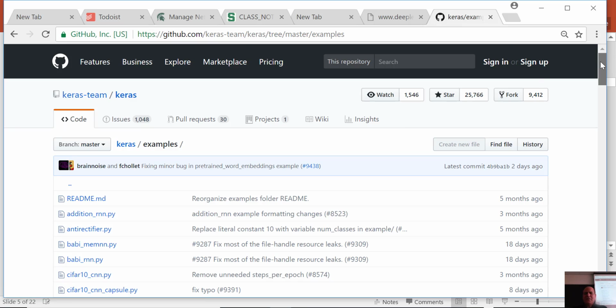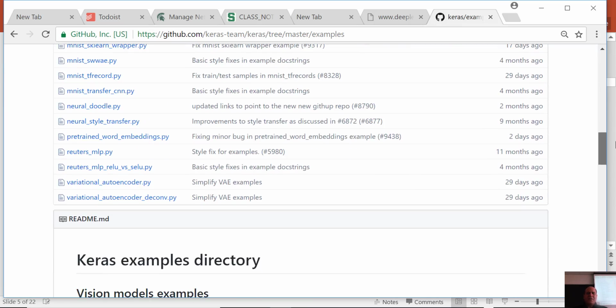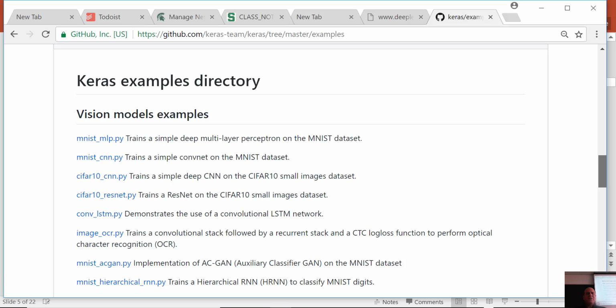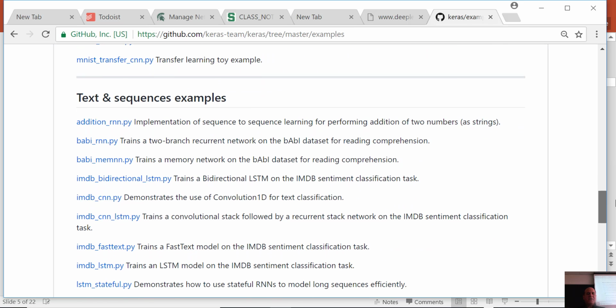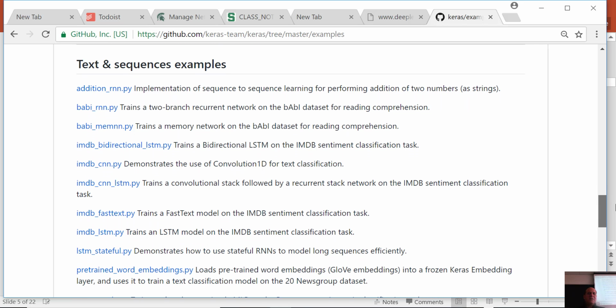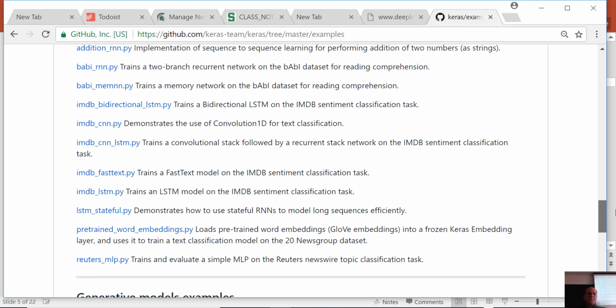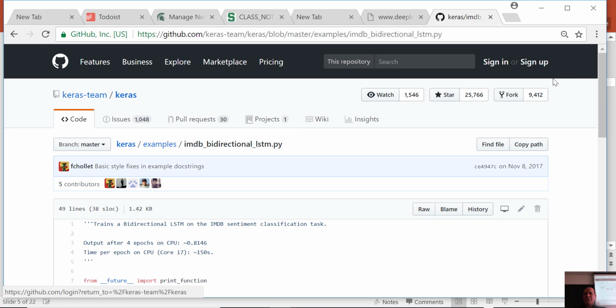So the section, if you look at all these examples, I think they nicely organized them here in terms of groupings, vision model examples, and text and sequence models. So the one that's bidirectional, here it is. You have the IMDb bidirectional LSTM. So that's an example. So if we walk through this example,